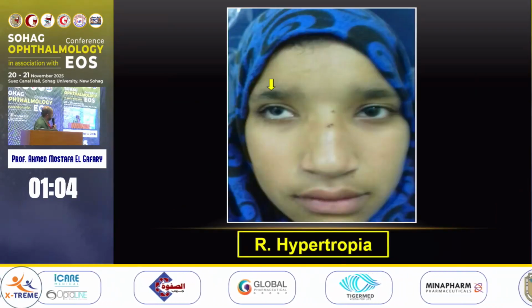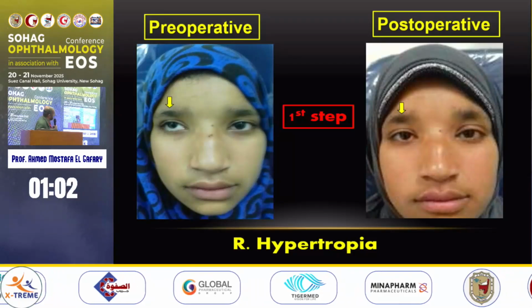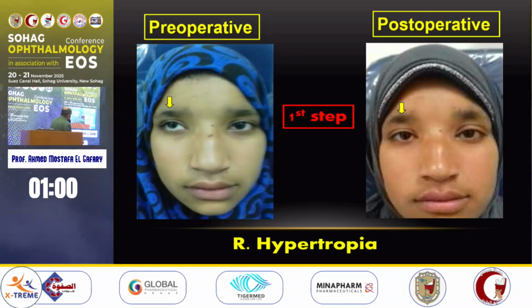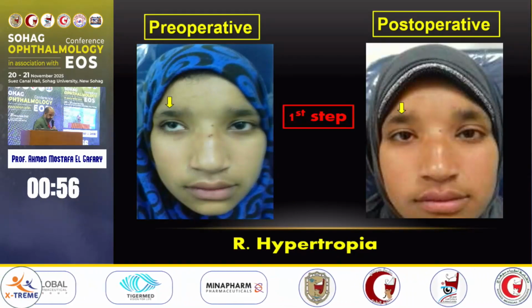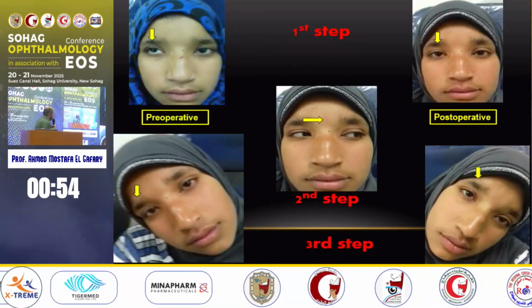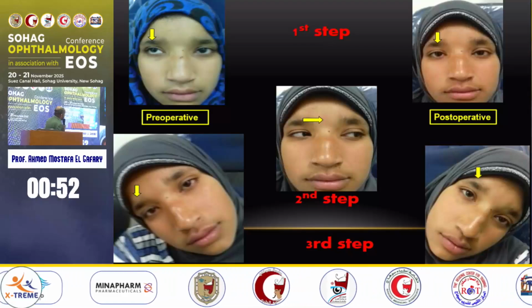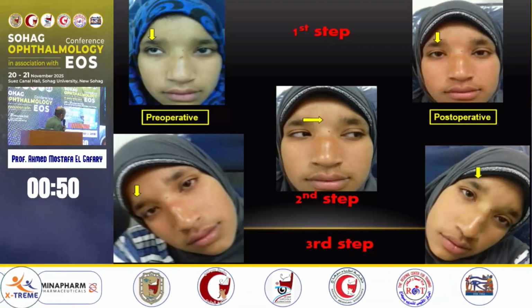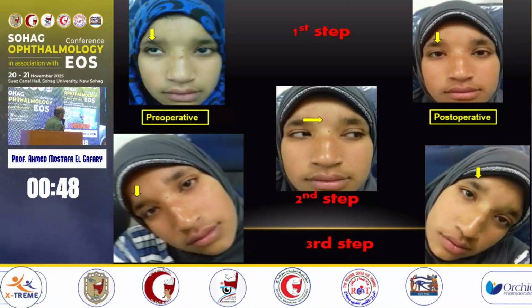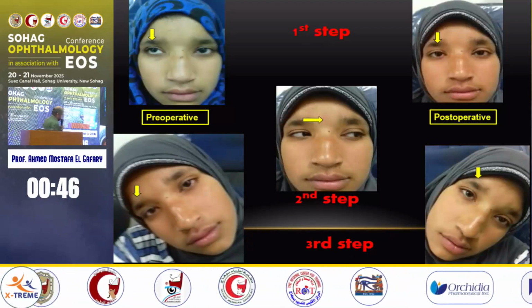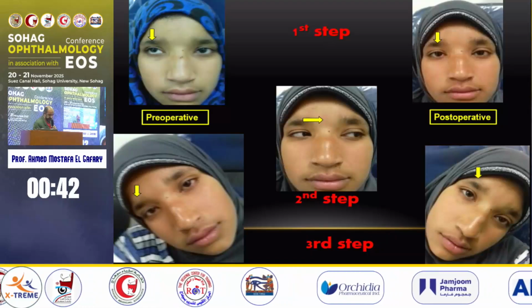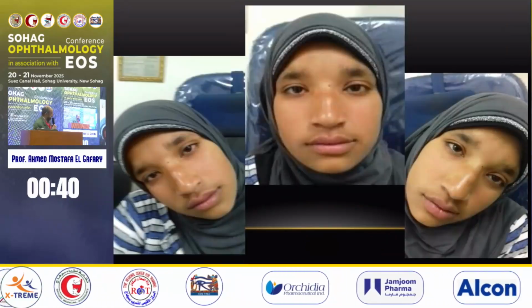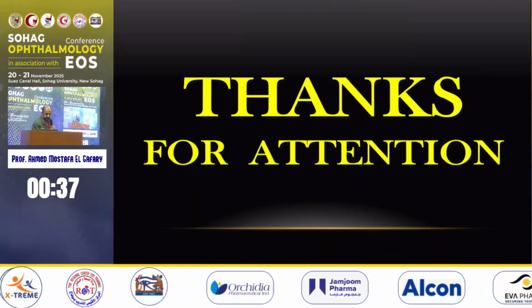Right hypertropia. And regarding the first step after surgery, no hypertropia in step 1. For step 2, no hypertropia in adduction. And step 3, no hypertropia on tilting the head to the right shoulder. This is postoperatively. Thanks for